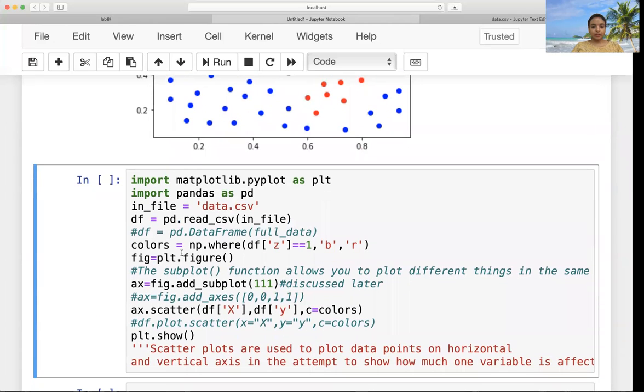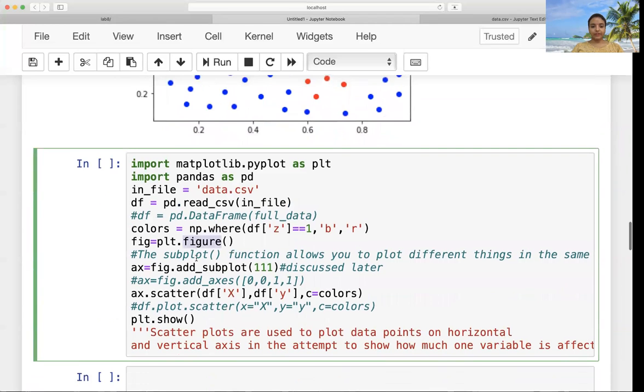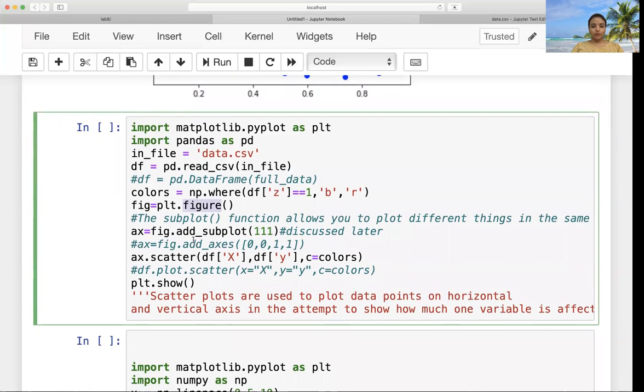Okay, so here I have loaded the data, and the colors array has been created in the same way. Now the figure function has been called here. Then I am adding one subplot here, with the number of rows first, then the number of columns, and then the index. Anyway, I will discuss the add_subplot and figure functions later in this section. Now I'm storing this subplot in the ax variable, and I'm calling the scatter function,